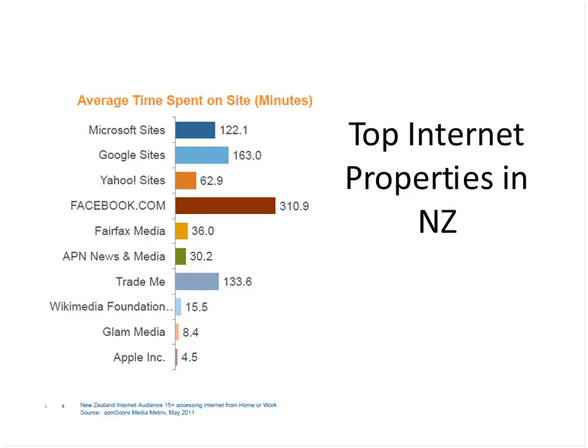You'll notice that the largest properties here, Facebook, the Google sites, and Microsoft sites, are all what we call an ad exchange, or they offer dynamic bidding. That is, you're paying cost per click for your advertising, so you're not paying based on the number of impressions that your ad will receive. They all have sophisticated targeting tools, and they also have interactive ad formats.